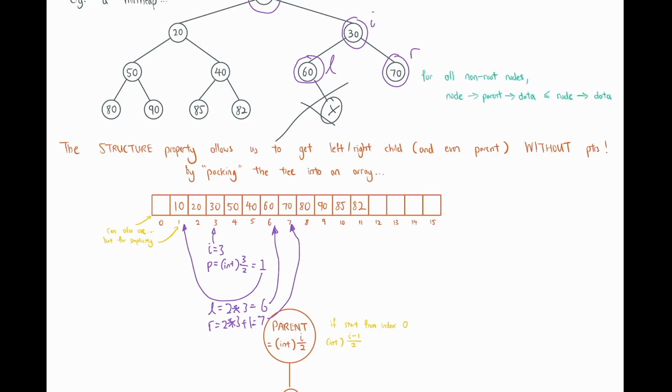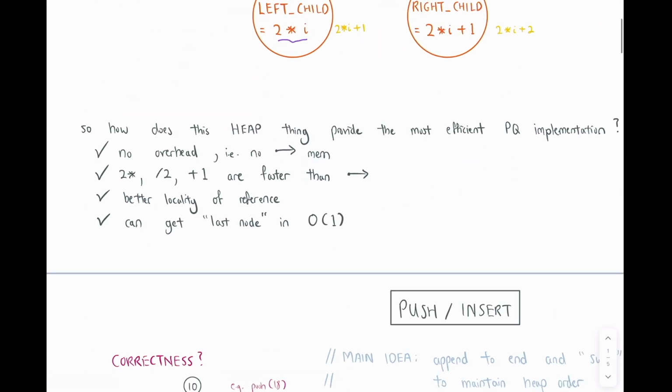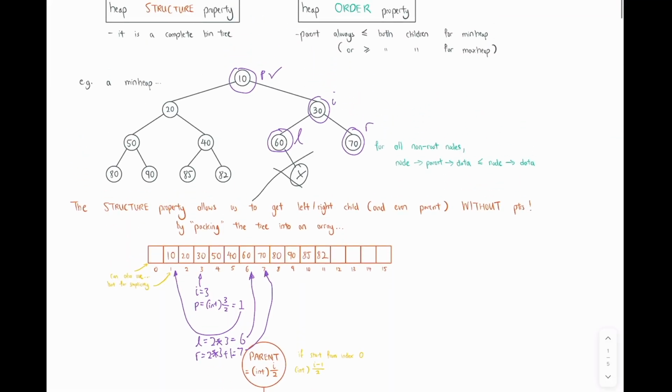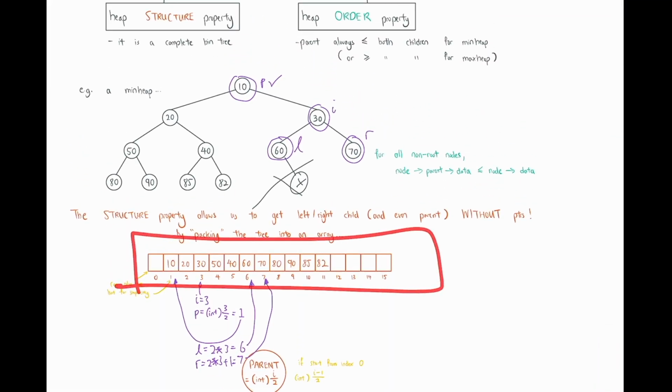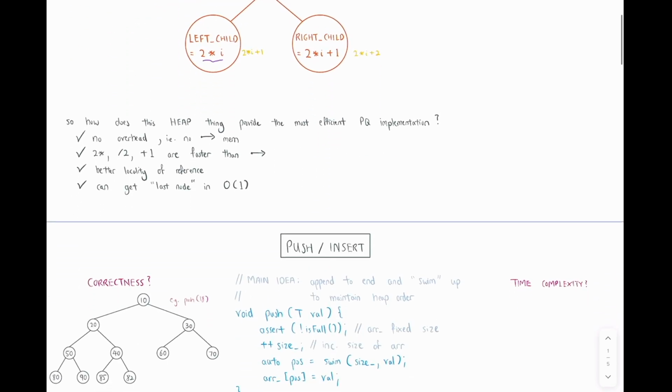If we were to implement it as a linked list kind of concept, we would need a last pointer here, which we are able to avoid, this small tiny amount of overhead. Just listing everything, however small it is, this is why we want this structure property that allows us to represent it simply as an array. All right, so with that, we can now move on to some of the operations we can do